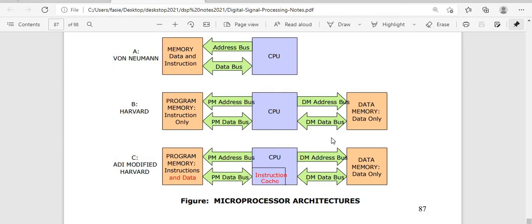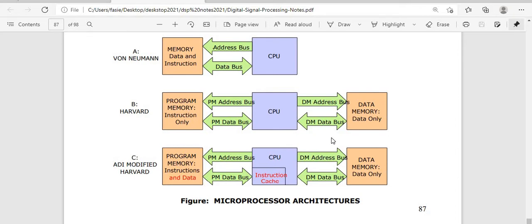What about the PM address bus? It is unidirectional, meaning only single directional. Whatever instructions we are going to perform will be stored at that particular location only, so it is mentioned as a unidirectional bus. Similarly, at the other end, the data memory address bus is used to locate addresses in memory, so that the results of whatever we perform can be stored at one particular location. That location is given by the data memory address bus. Clear? That is what we see for Harvard.